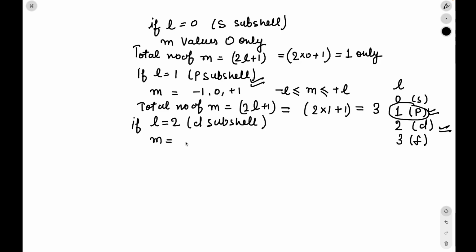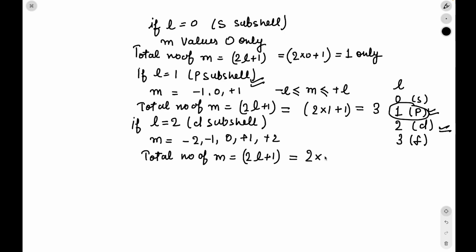M values for D subshell is -2, -1, 0, +1, +2. And the total number of M is 2L plus 1. That means 2 into 2 plus 1. That is 5 orbitals. So, in simple words, we can say that magnetic quantum number tells us how many orbitals are in subshells and